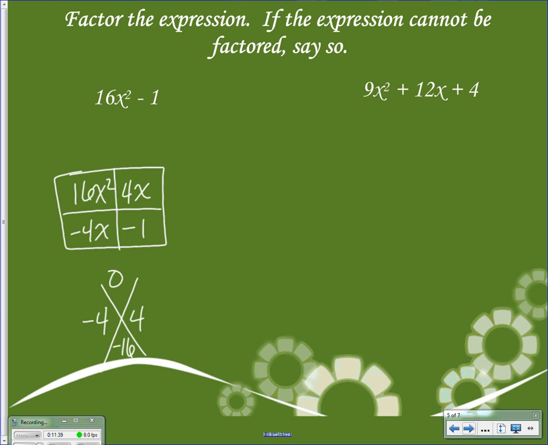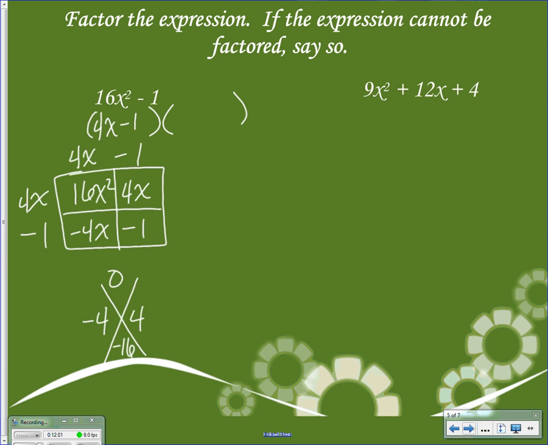So what can I take out of negative 4x and 16x squared? Well, I can take a 4x out of that. And what can I take out of 4x minus 1? Oh, minus 1. And what can I take out of 16x squared and 4x? 4x. Negative 4x and minus 1. Minus 1. So my factored form is